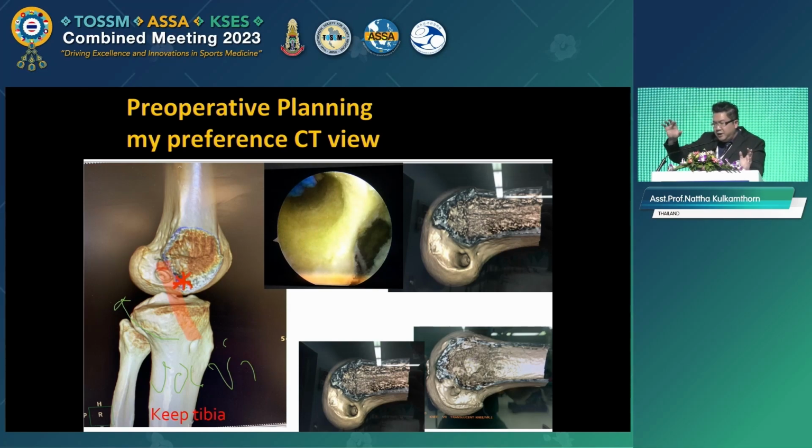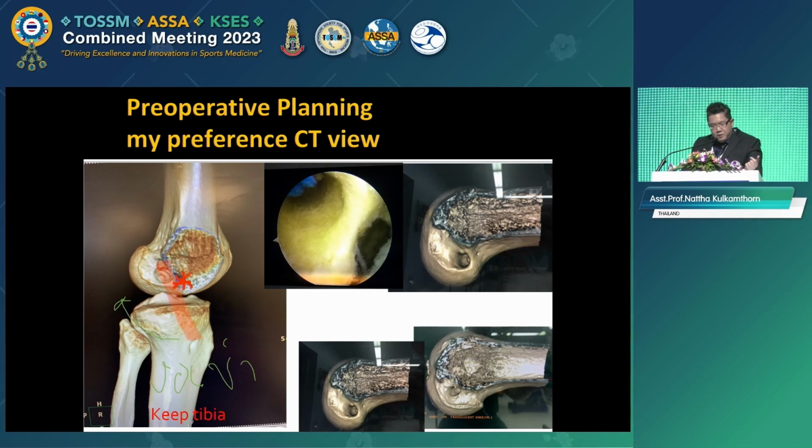Especially for me, I asked all the radiologists, I would love to see the CT like this and turn the CT like a surgical scenario. This should be a good tunnel. So in my mind, this view maybe I reuse, and this is not good. This is too anterior of the femoral tunnel. And I asked them to keep the tibia for me